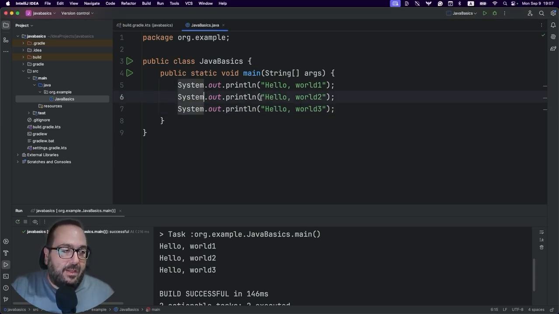The System.out.println function is a built-in Java class that contains useful members. The one last thing that you should know, and you probably already noted that, is that every statement ends with a semicolon. So whenever you want to execute something like this println function, you should type a semicolon at the end.